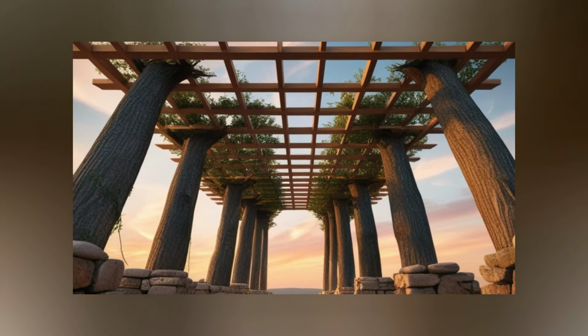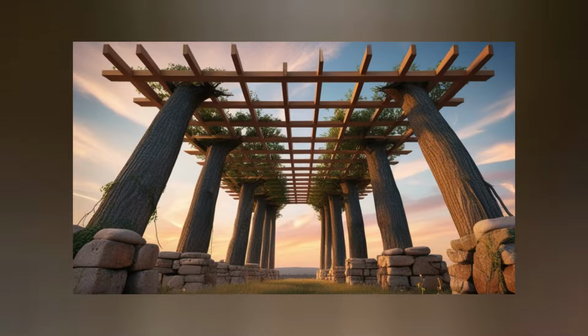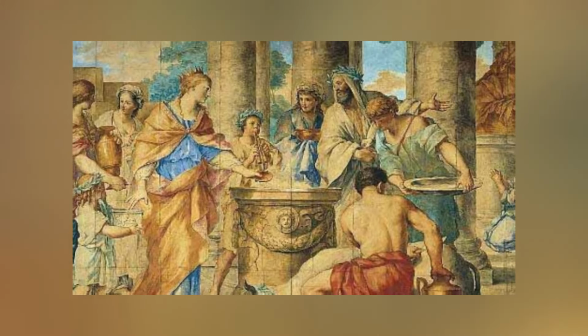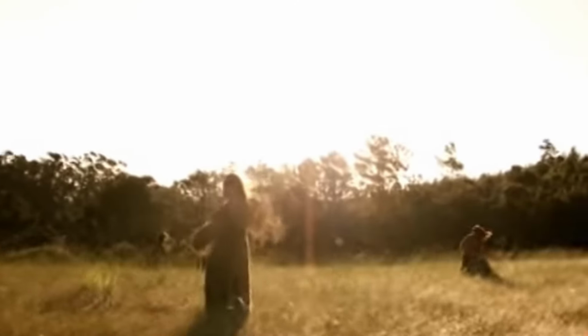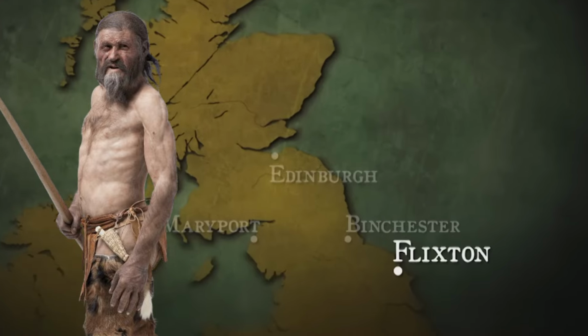However, recent interpretations suggest they were repurposed as foundations for a massive timber structure, indicating practical reuse by the Romans long after their initial religious function had ceased. Transitioning from the Roman era to prehistoric times, the excavation at Flixton Island in East Yorkshire revealed an even more